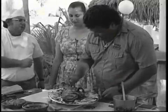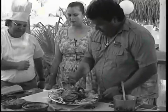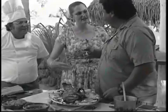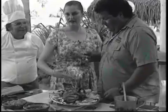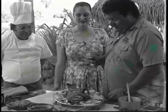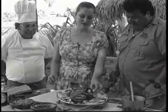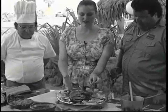Se le puede poner encima mantequilla con el ajo calientita. And then you can add some butter and garlic if you like, up to taste. That's good. And then it's done. You still have the stuffing and everything inside. Yes, inside, and you just take it out and put it next to